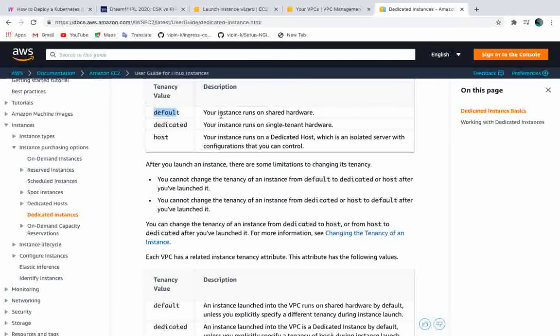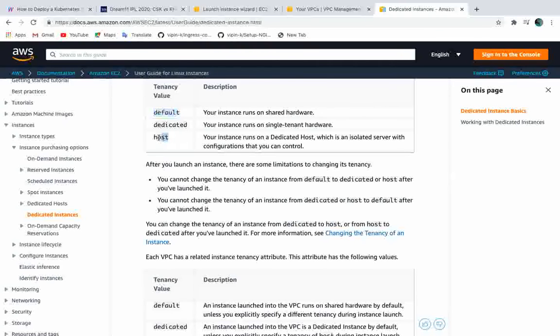If you launch two to three instances in the same account, those EC2 instances will share the same hardware, and any other account will also share your hardware. That means your hardware will be shared. Dedicated means, if you launch three machines in one account, your hardware will be shared by your other machines, but not by a different AWS account.